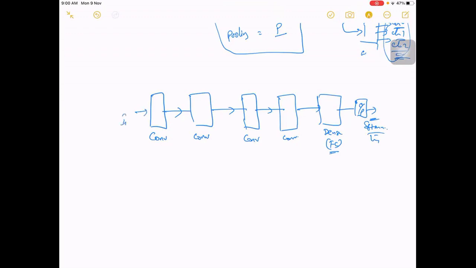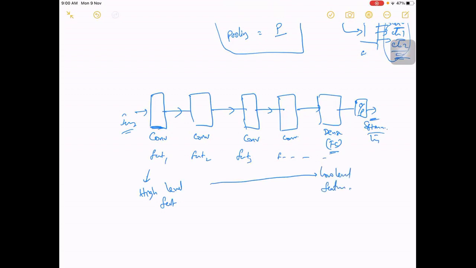And to this, we pass an image, right? So what we are trying to do here is, it will extract some features here. Features 1, features 2, features 3, and so on, it will increase, right? So what actually happens is this will try to extract high level features and slowly low level features. So the complexity of your features will be different. This will try to extract if there is an object here. Okay, it will try to extract whether there is any object towards the end, something like this.